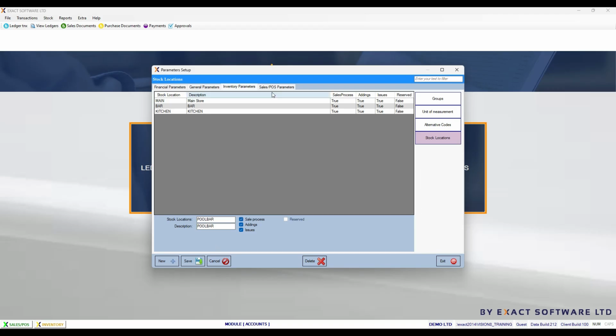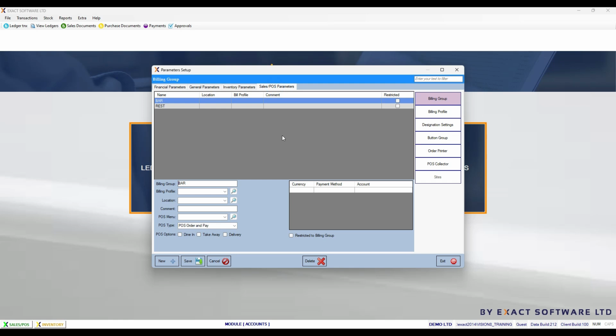All right, let's go for the last but the most complicated one, the sales setup. Every, let's say, restaurant might have a bar as well. Or every hotel, yeah, a bar, a restaurant. You might have different places that you're selling from, different counters. If that is the case, you can set up these counters in such a way that, for example, bar, you type in bar, you have different